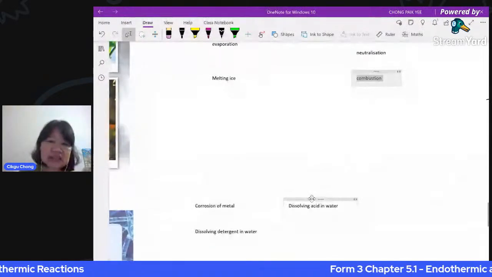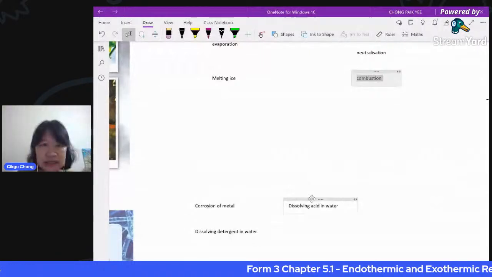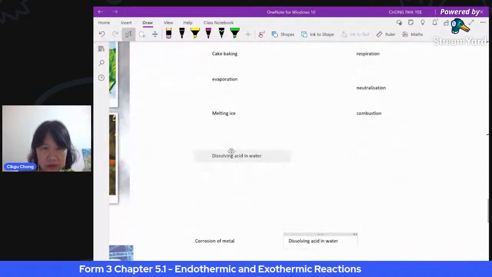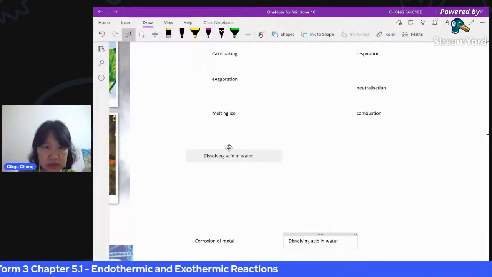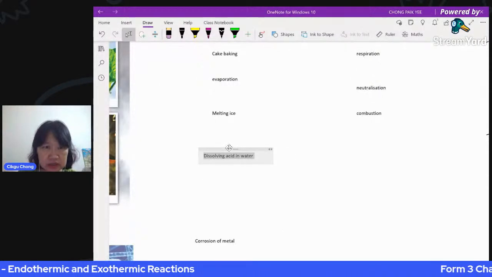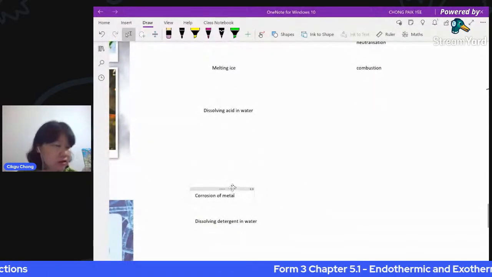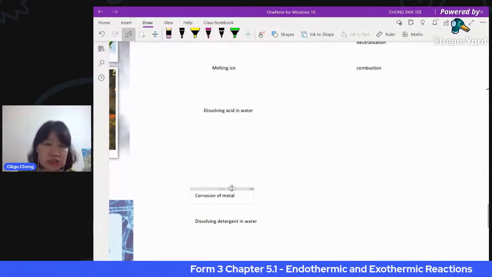This one is endothermic. Of course you will need to do an experiment in order to answer why; that is very difficult to explain here. Corrosion of metal is actually also, this is